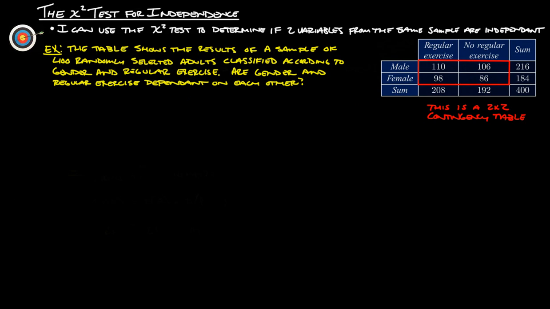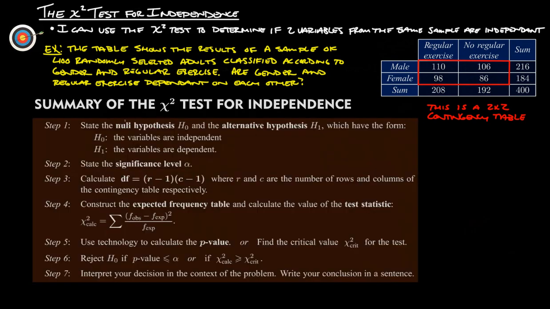Here are our chi-squared test for independence steps again. We are going to do all of this. First, state the null hypothesis and alternative hypothesis. It's nice because they even tell you what to do. So H0, the variables are independent. So our H0 will be